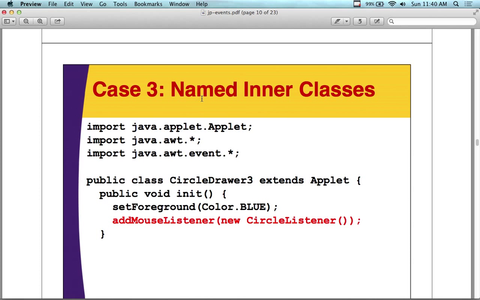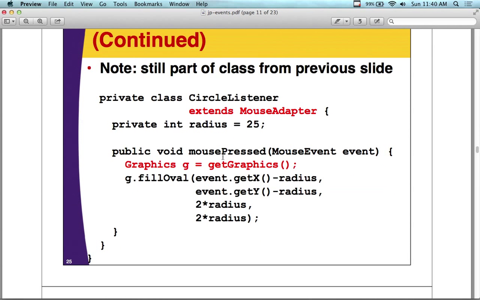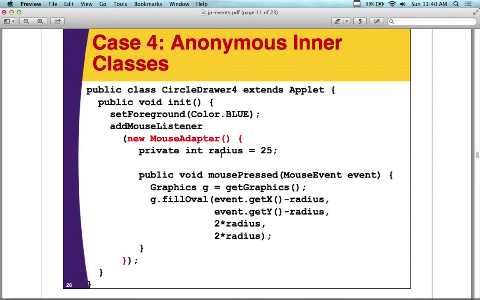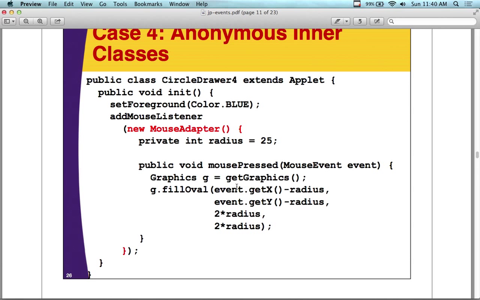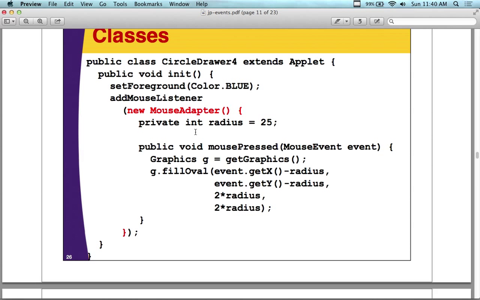So here's the named inner class, where we have this listener that's going to be put on for the mouse listener. So we have circle listener, extends mouse adapter, we have mouse pressed. The anonymous one just has the method body of the class but no name. We get this in Android with the click listeners, button press. Here we have mouse pressed. We don't actually have a mouse on an Android system, so we'll never see this, but this is for the GUI, AWT, and Swing stuff. And here we have a new